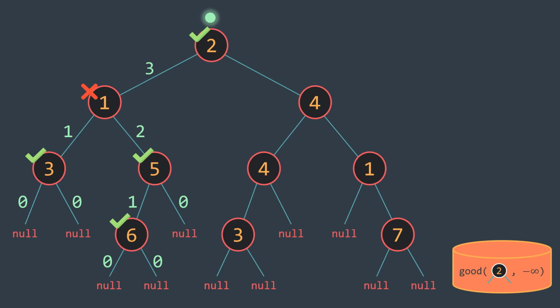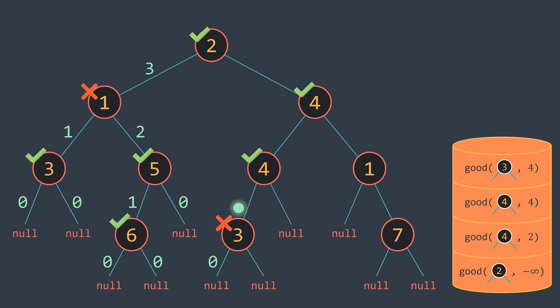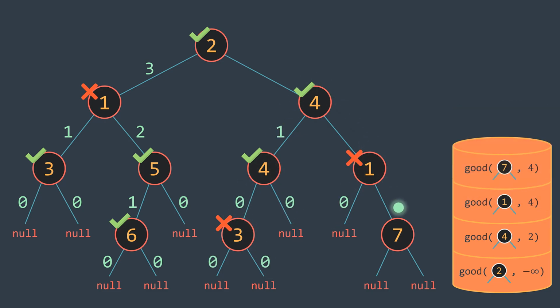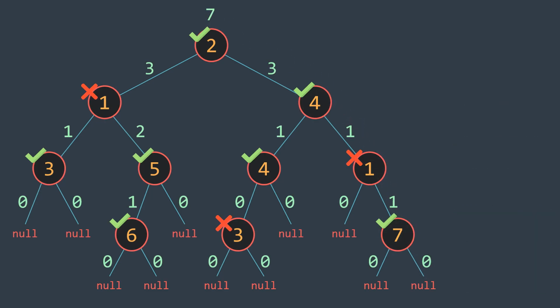You can see that we counted the number of good nodes from the left, we found 3, and now I'll just let the animation count from the right side. We finished the recursive process and we got 1 plus 3 plus 3, which is 7. The tree contains 7 good nodes.